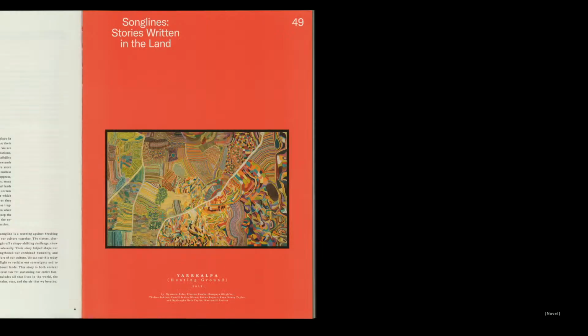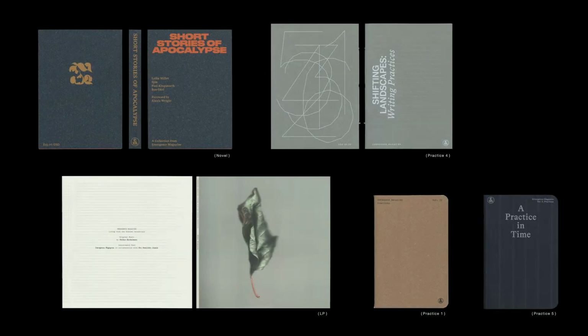So the work for Emerge magazine over the years has been online, digital, but also print. On the left, you see a fiction bundle with fiction stories, a smaller one, really an intimate, smaller thing to go through. The volumes also go with practices. So there are pocket-size booklets that you bring with you in the natural world and do exercises. Like these two, this is an LP cover that you read a text and you listen to that